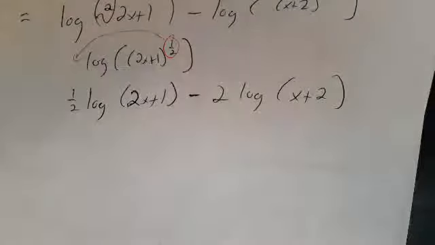Okay. So far, we've been going right to left. We've been taking a single log and expanding it into multiple logs. Now, we want to go left to right. Now we're going to take two logs and combine them into a single log. And so we have two logs. They're being combined by addition. So addition on the outside. Excuse me. Addition on the outside